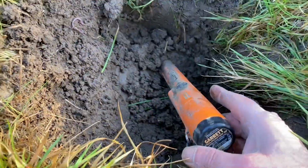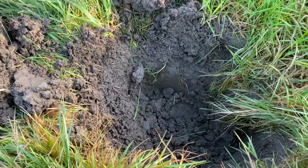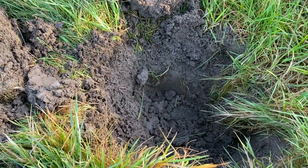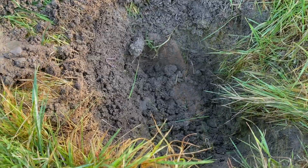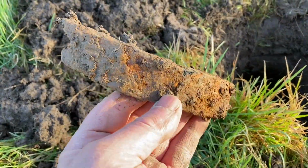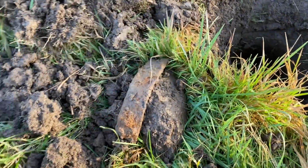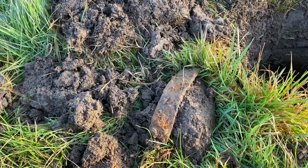Just picking it up on the pointer there, and that is about 9 or 10 inches down, at least a full pinpointer. So I'll just switch off a sec, viewers, and get it out. Well, I am still learning this Deus, and all machines will get tricked by iron occasionally, usually when it's an iron loop. But the main purpose for making that video there